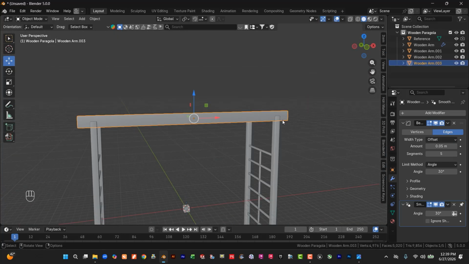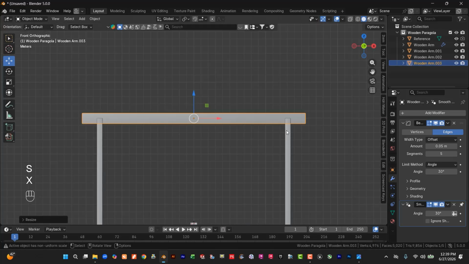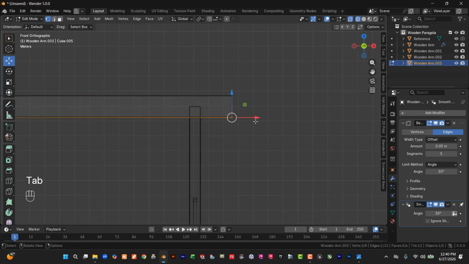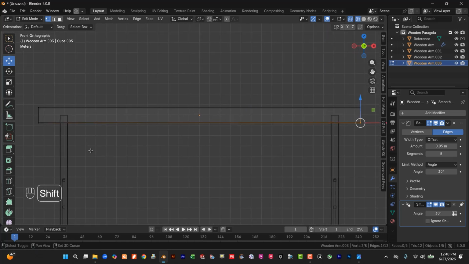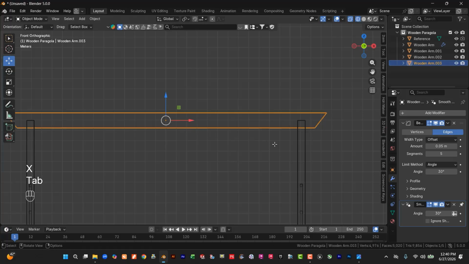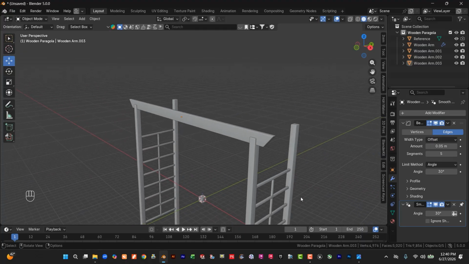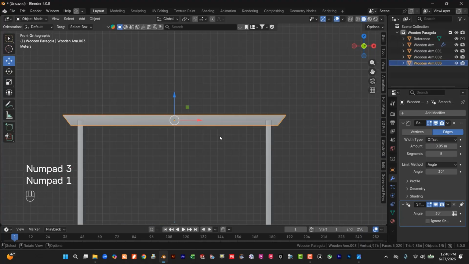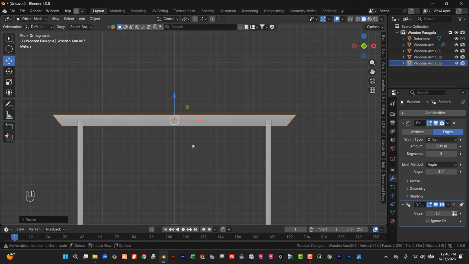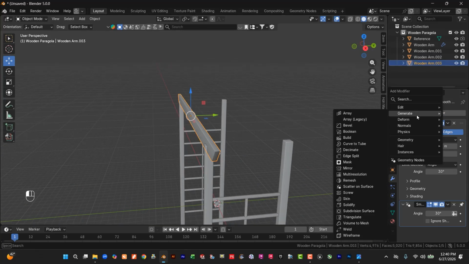And scale X. Okay, Control A, rotation and scale, and select this one portion, so scale X. Okay, Control A, rotation and scale. So this is ready now. So scale in X direction, something like this, Control A, rotation and scale. This is okay. Then go to the mirror,